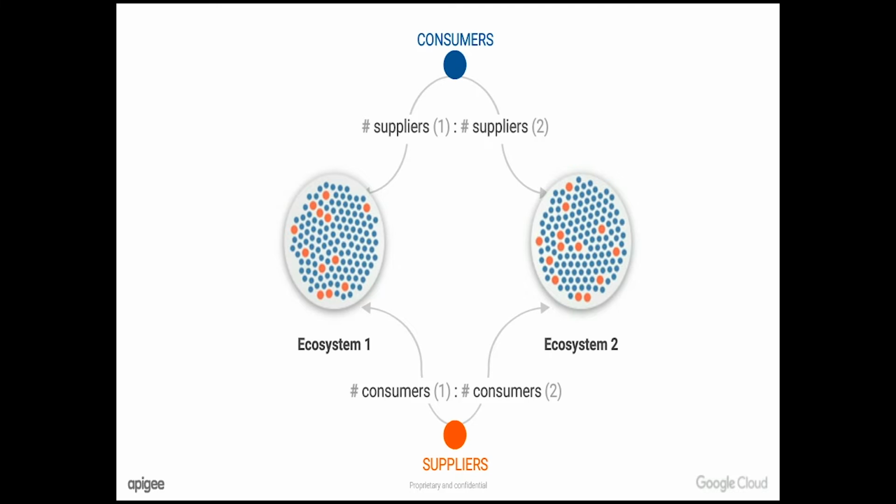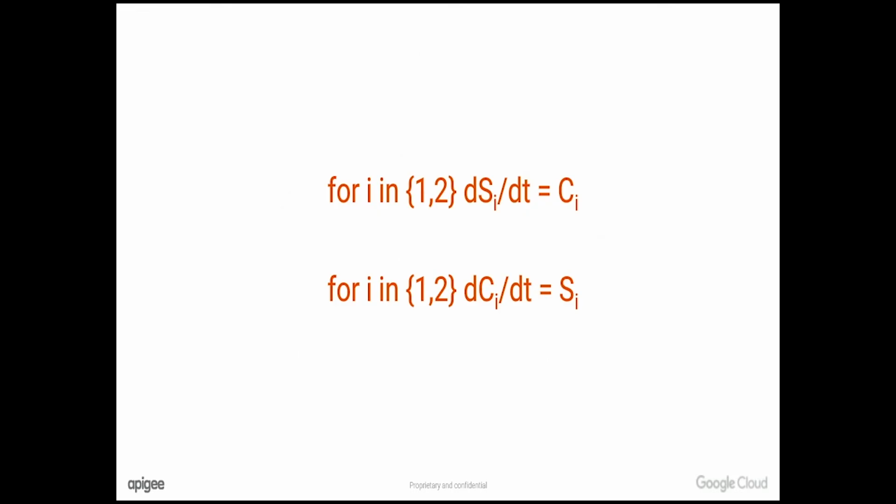Obviously, in the real world, the models are much more complicated, but this simple enough model is actually enough to show some of the critical factors in order for you to actually be able to win with your ecosystem. Now, if you actually want to solve this from first principles, it's interesting for those of you who love calculus. This particular one is fairly straightforward to solve and is based on some differential equations,